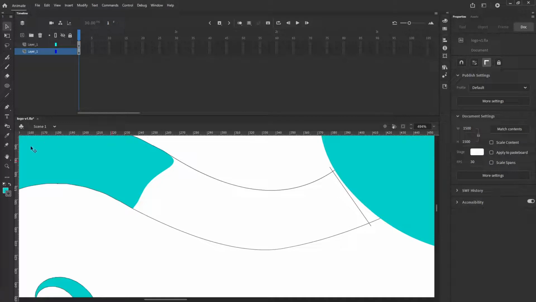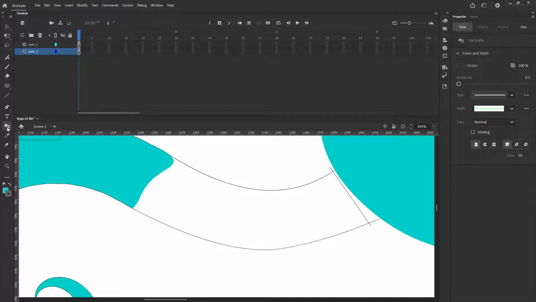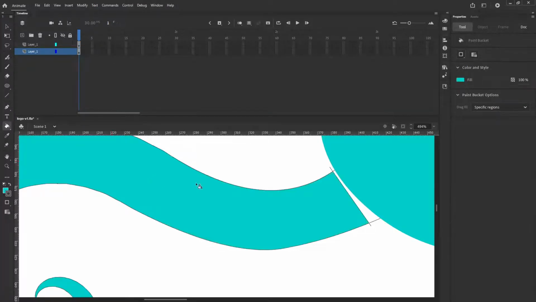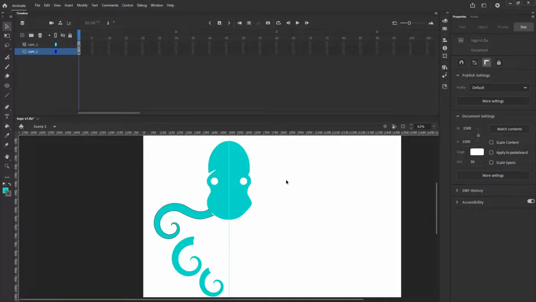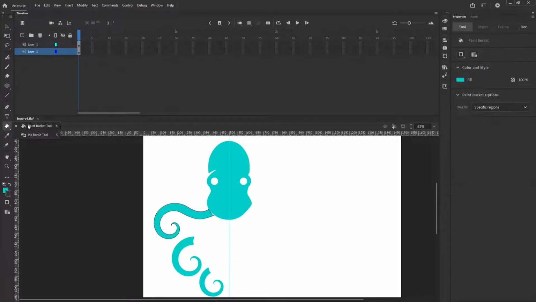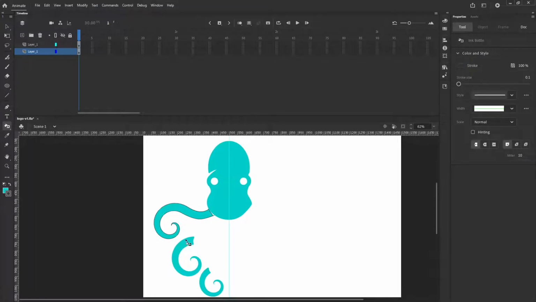and then fill that. Okay, so that's one tentacle sort of stretching all the way across. Now we need to do another one, which is going to go up here. So I'm going to do exactly the same. We're just going to ink bottle fill, like so. I'm going to zoom in,